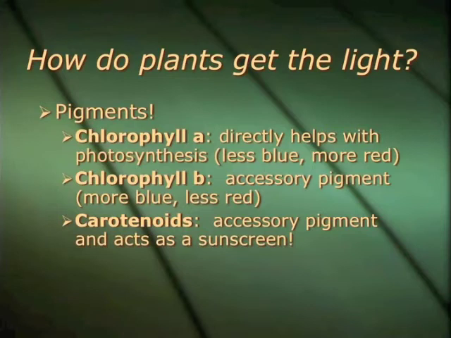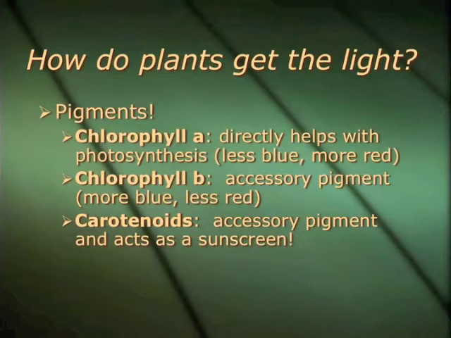So how do plants actually get light? That is through their pigments. They have three main pigments: chlorophyll A, chlorophyll B, and your carotenoids. And the pigments are what absorb the light. Chlorophyll A absorbs less blue and more red. Chlorophyll B absorbs more blue and less red, and then the carotenoids try to absorb everything else. The one light wavelength that is not absorbed would be green, and that is what gives the leaves their green